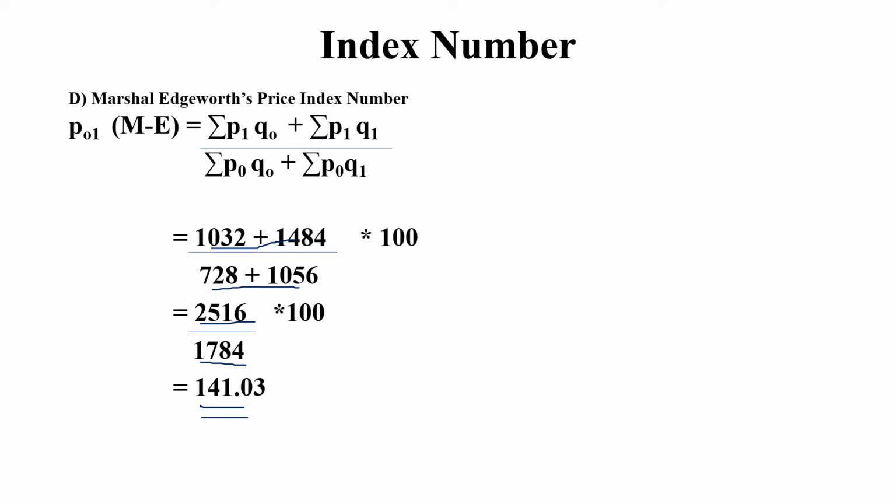This is exactly what we did over here, that is the weighted price index number, which is classified as Laspeyres, Paasche's, Dorbish-Bowley and Marshall-Edgeworth. Henceforth we have completed the syllabus based on the weighted. The next part will be taken in the upcoming lecture.